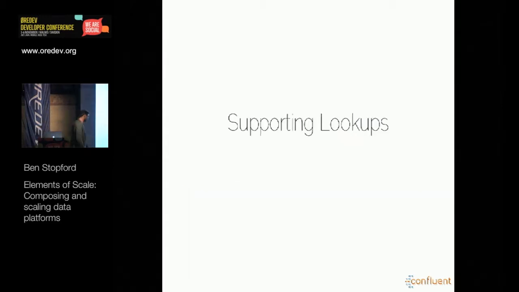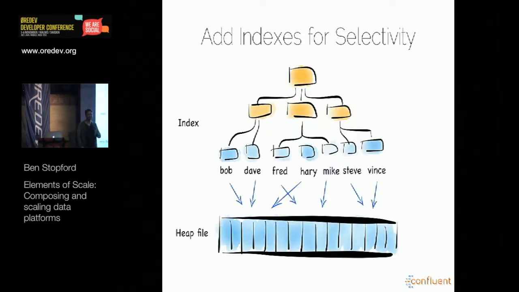So a file is useful as an abstraction for certain use cases, specifically anything that would necessitate a table scan. Many analytic workloads necessitate a table scan anyway. But generally, we want to do something a little bit more useful. We want to be able to support some kind of lookup. And the way we're going to do that is with some form of index.